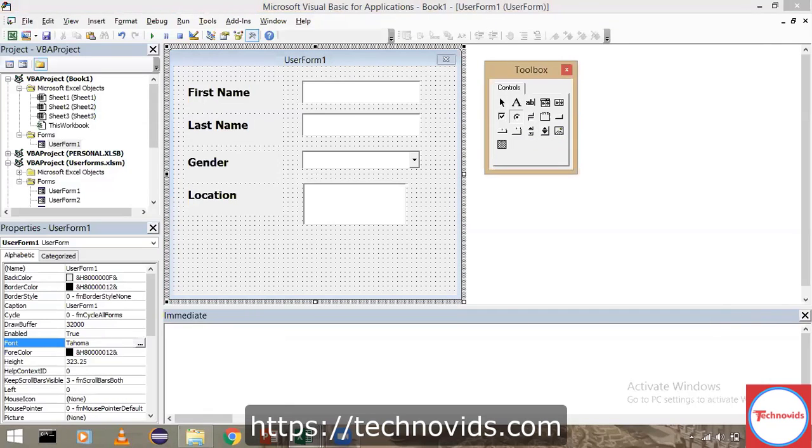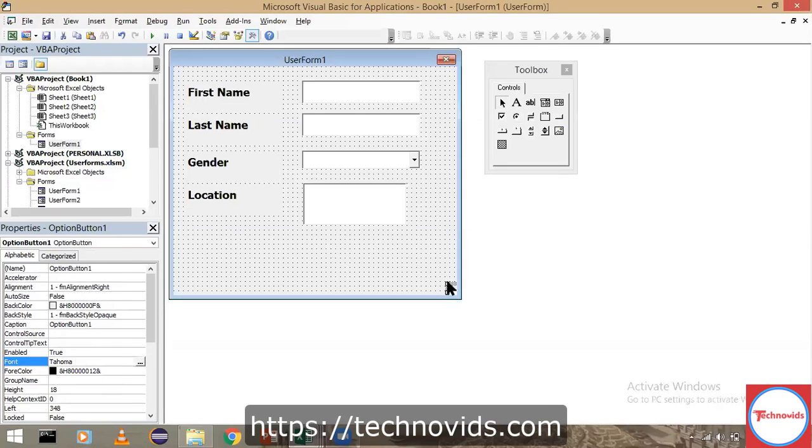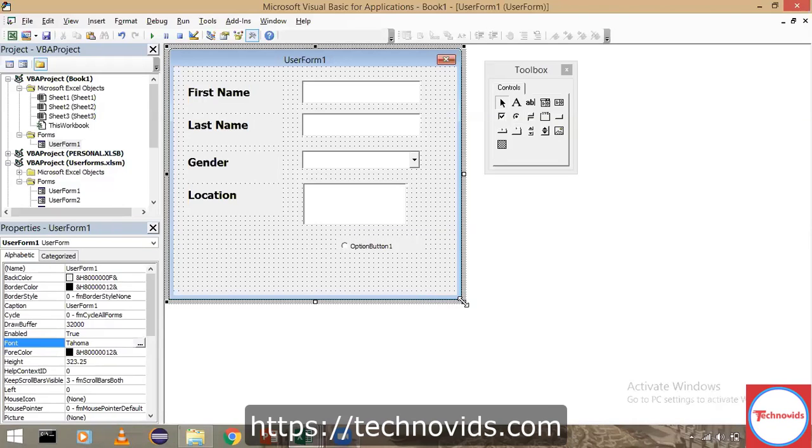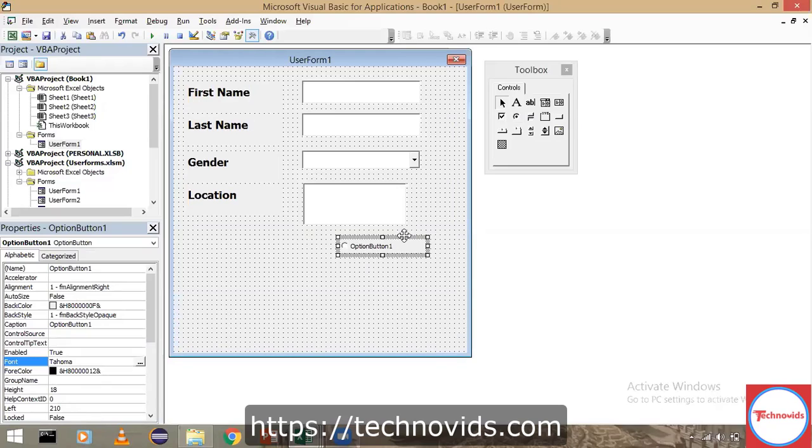I'll close the immediate window so that I can get more space to increase my user form. Now I've created a radio button.